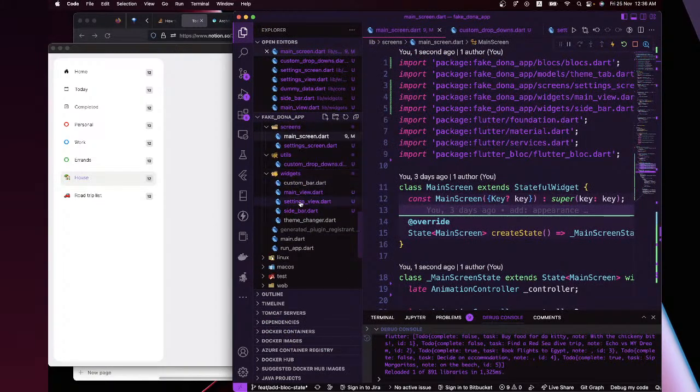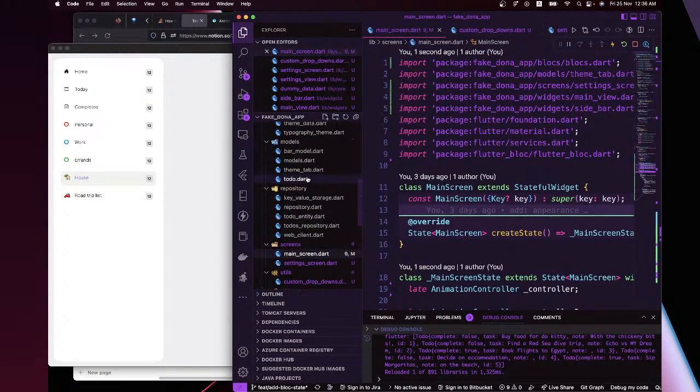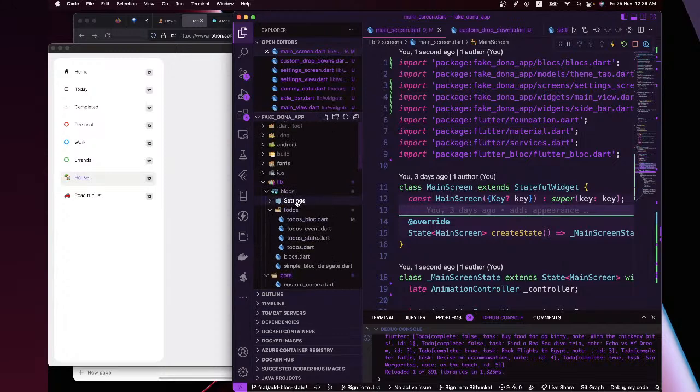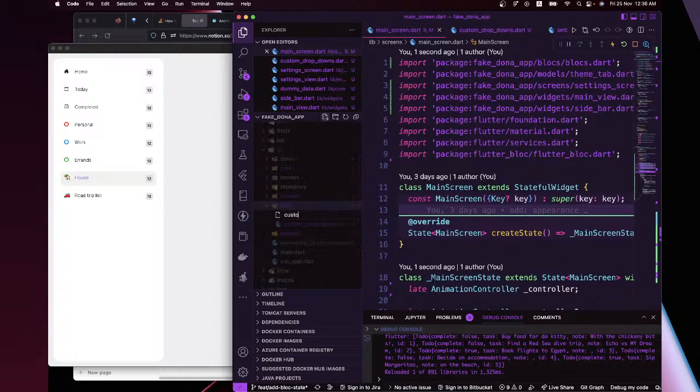That should maybe be inside the utils folder that we created. Yeah, inside the utils folder, I'm going to create something called custom underscore events. Oh no, custom underscore intents